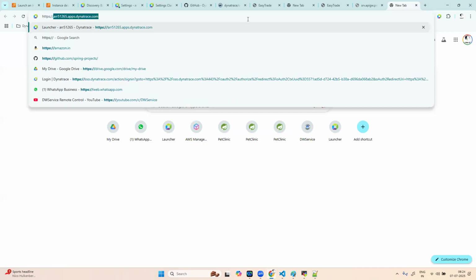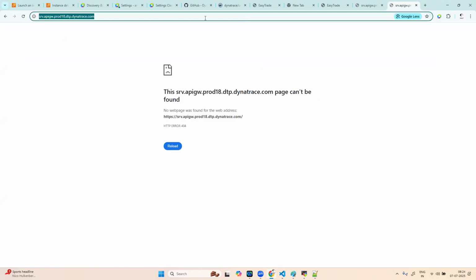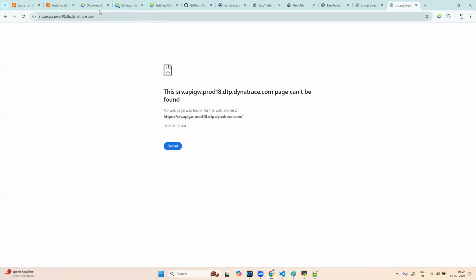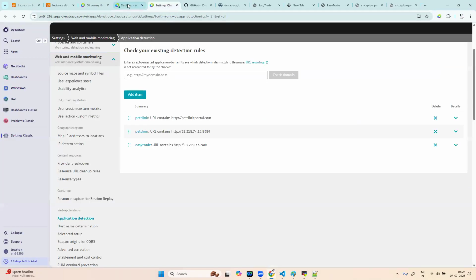HTTPS colon double slash. Put this. No, yeah, it is not coming. Somewhere you can find here. Let's